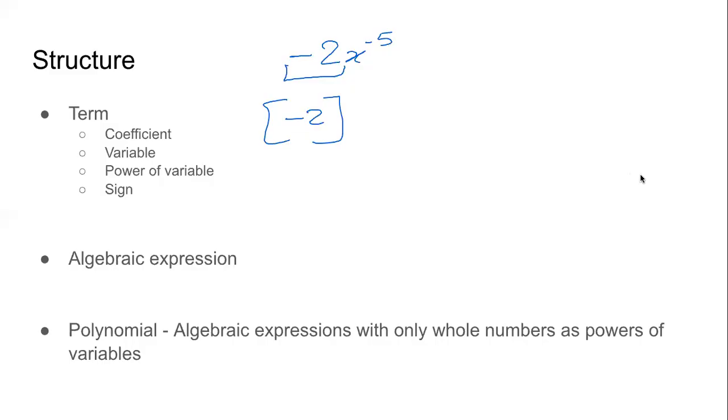If there are more than one terms, then it is called an algebraic expression. Actually, if we have just one term also, we can call it an algebraic expression. For example, if we take a very, very simple algebraic expression, suppose x plus 1. Now think quickly and tell me, how many terms are there in this algebraic expression? How many terms?